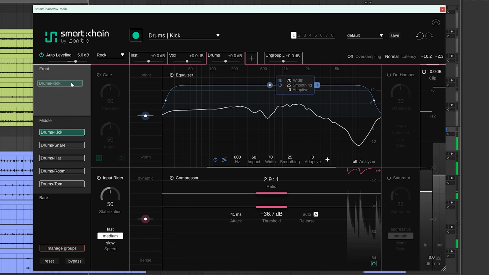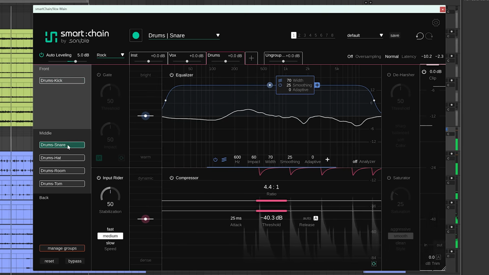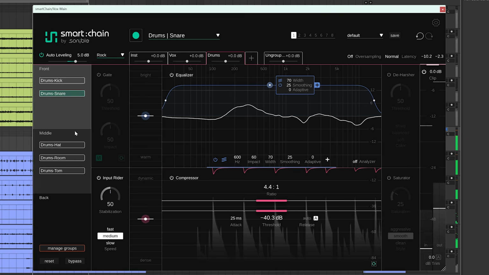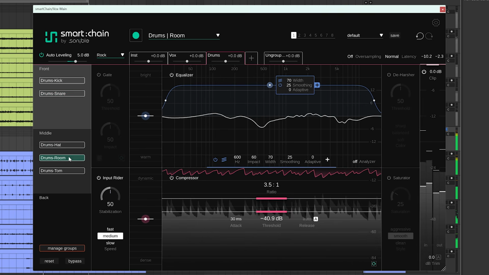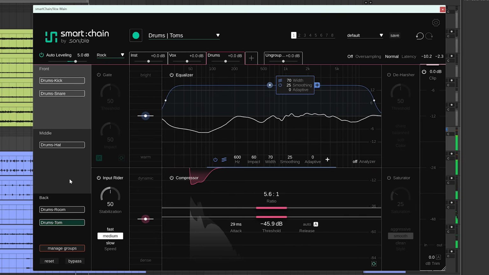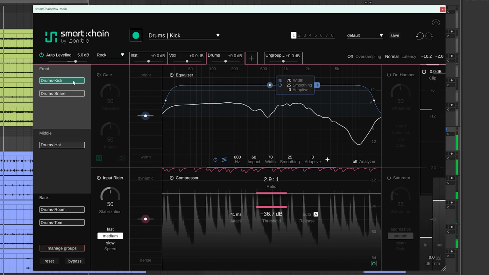I'm gonna pull my kick to the front. It's already hitting harder. The snare to the front. Nicely audible now. And the room, that needs to go to the back. Probably the tom also needs to go to the back. So really quickly, I've created a hierarchy. And for example, if I select the kick again, pull that to the back,